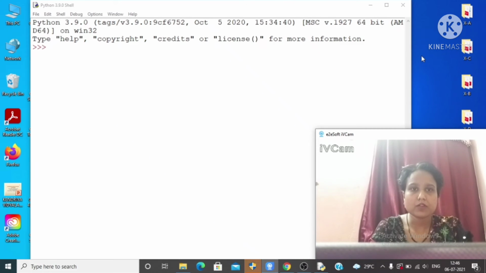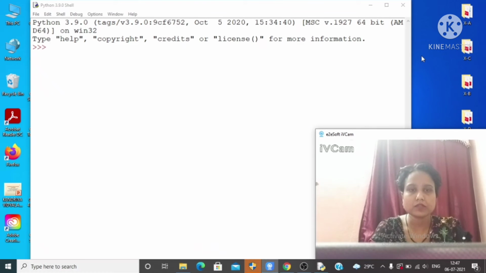Whereas mutable objects are those whose values are changeable. It means you can change the value of mutable objects like list and dictionary. And in immutable objects we have string, numbers, tuples. In numbers we have integer, float and boolean. So before moving on to the immutables and mutables, first of all let us see one example on objects.